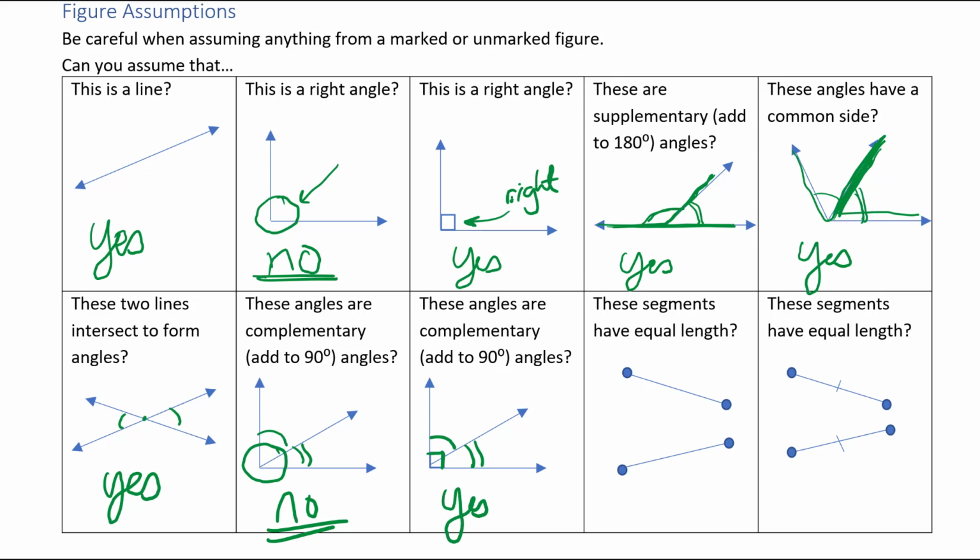These 2 line segments look pretty much the same length. Can we assume that they have the same length? Nope. You cannot, okay? You cannot assume anything has the same length unless it's marked as such. The last example has these little hash marks on them. Because they have those little hash marks, you can assume that they are the same length. So you just need to be a little bit careful. Just because you can see something in the picture that looks equal, or looks right, or looks like it's about 180 degrees, it depends on what kind of markings are on the figure, whether you can assume certain aspects of it.